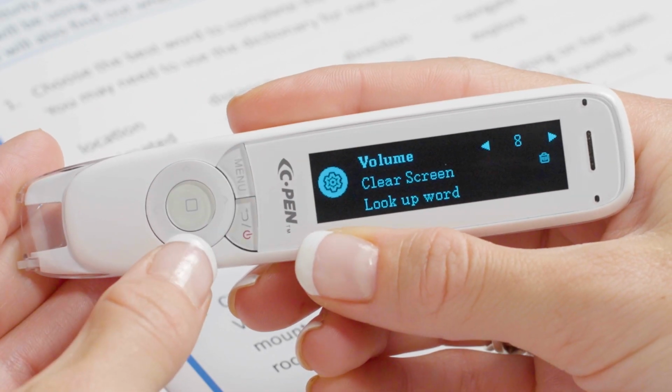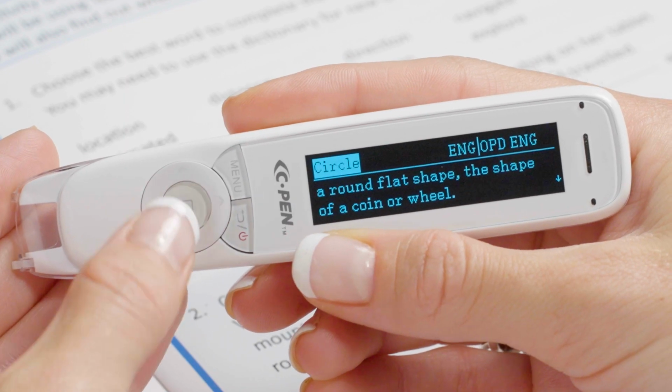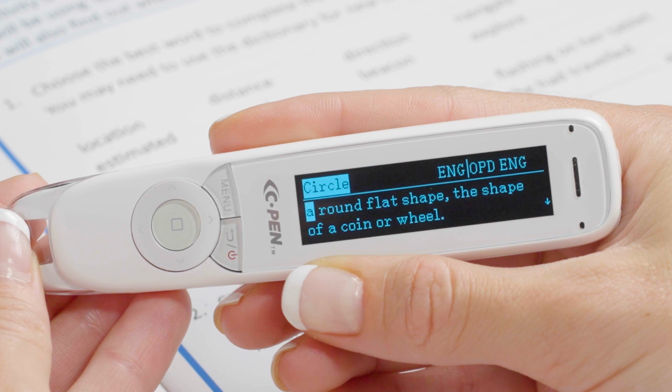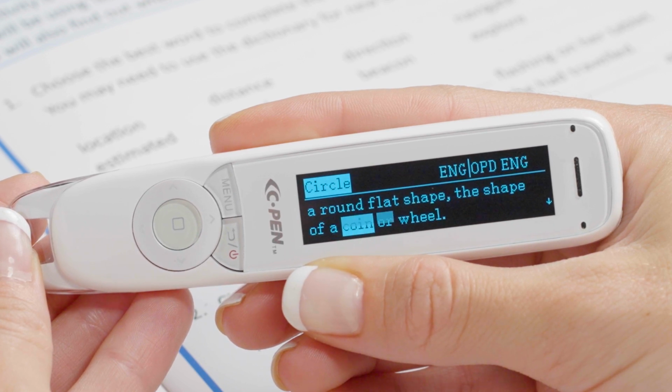For comprehension and clarity, you can also search the dictionary definitions of unfamiliar words. With the relevant word highlighted, press the menu button to bring up the context menu and select Look Up Word. You can now scroll through the dictionary definition or press the OK button for text-to-speech playback. The shape of a coin or wheel, an